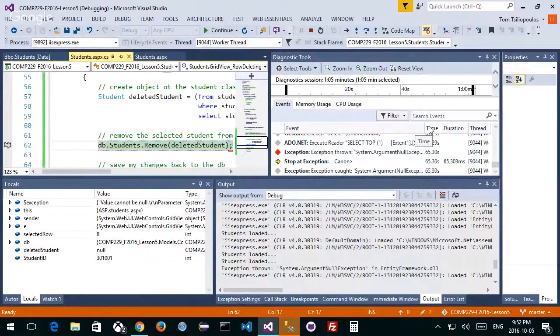It's trying to delete me again. I'm resubmitting my click. I don't want that to happen ever. I only want it to happen once. That's a problem if I try and do this. So that's why I need this try catch, and make sure it doesn't do a post back. I don't want a post back to do this remove ever.